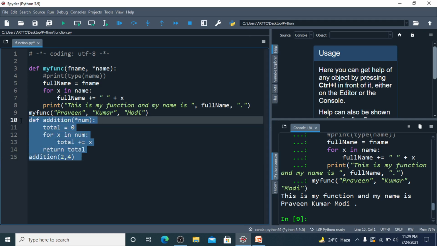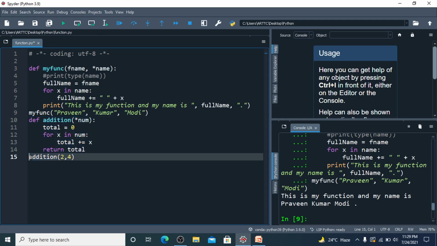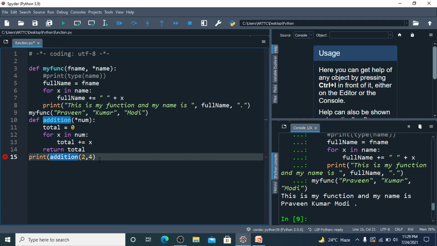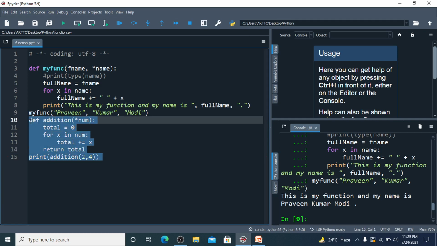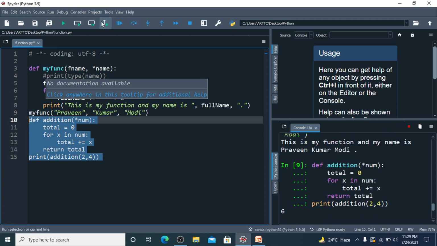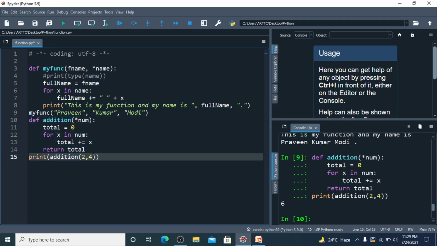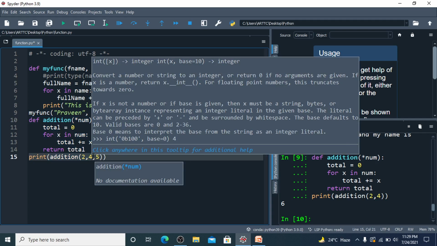Since it is returning, we need to use the print function to print the value coming from this addition function. So it is printing 6. What if I want to add more than two numbers? 5, 7.